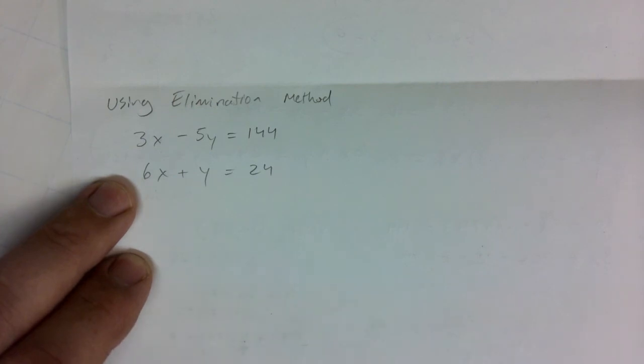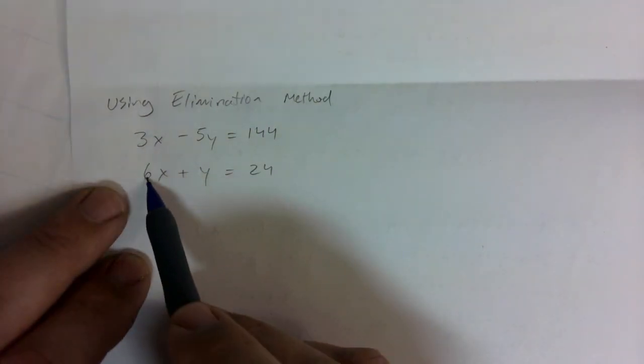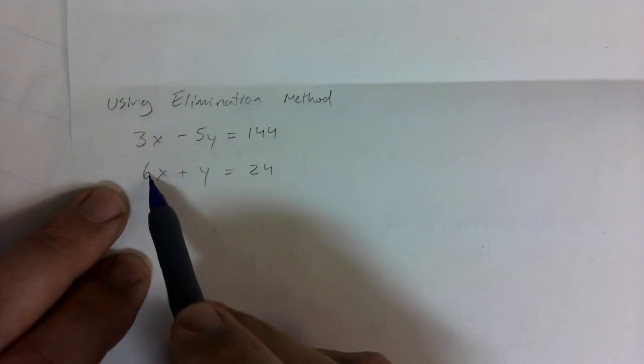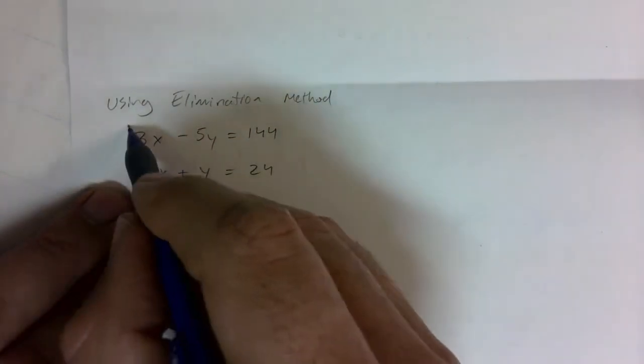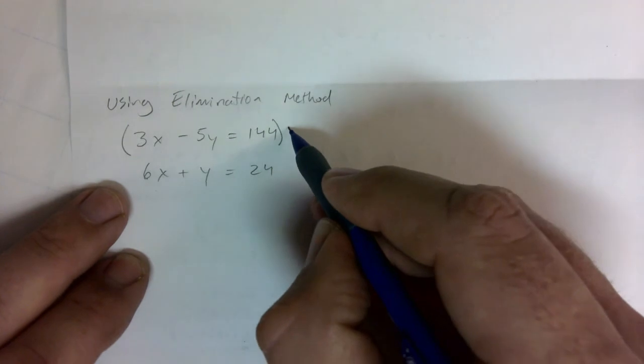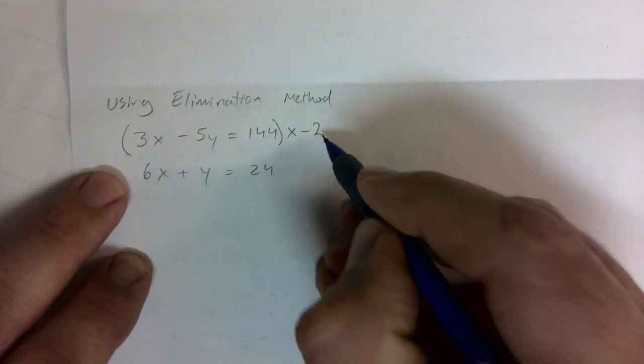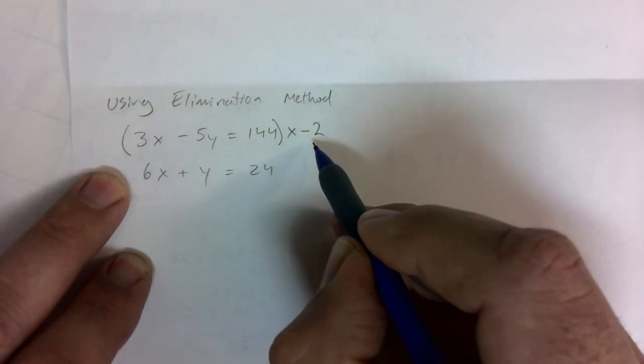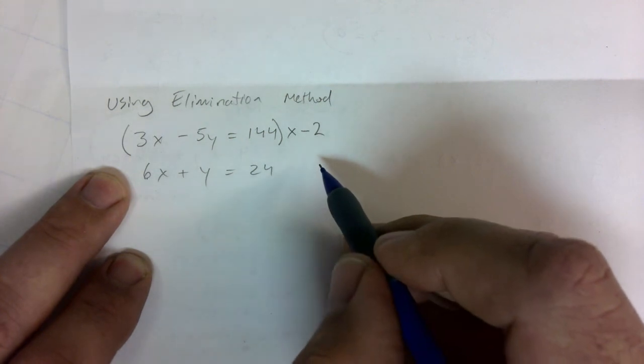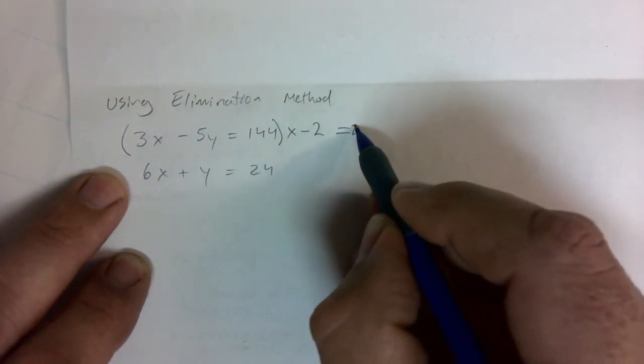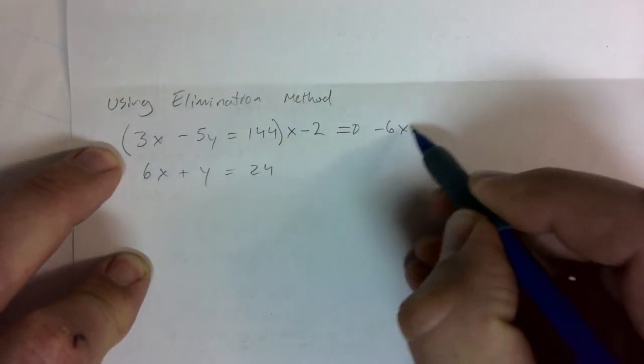You can subtract, but then you have to be very careful with the signs so that things cancel out. And I see that 3 and 6, right? If I multiply this by 2, I would get a 6. So what I'm going to do is take the first one and multiply it by negative 2. Okay, not just by 2, by negative 2,